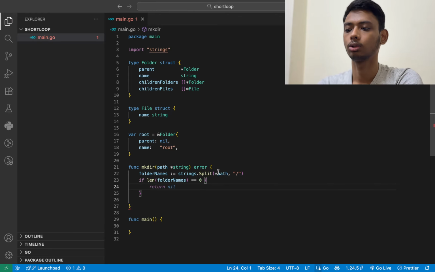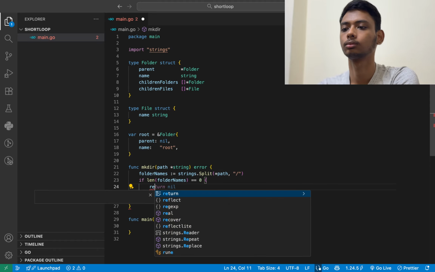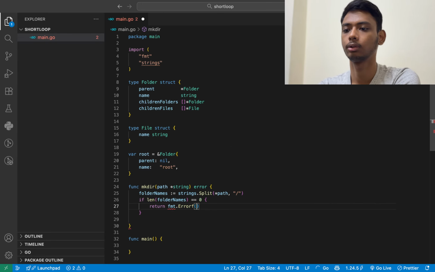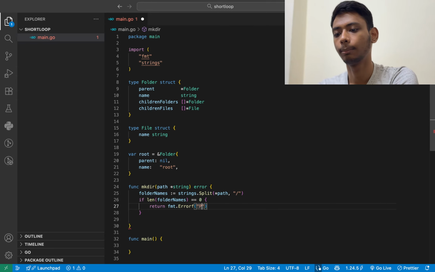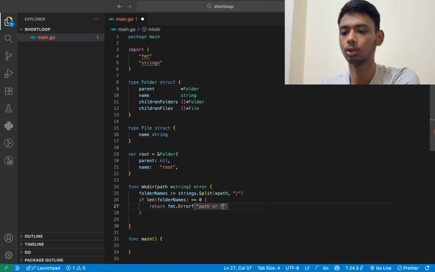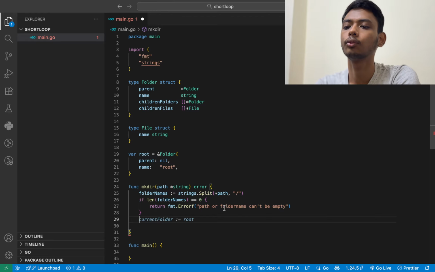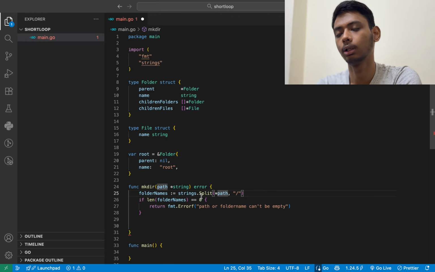When folder names is equal to 0, then we will return what? Error f, no path or folder name can't be empty. Yeah, so that's it. And if not, then first of all I would need to check,